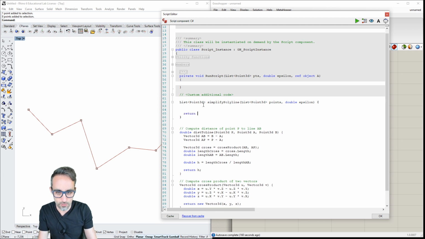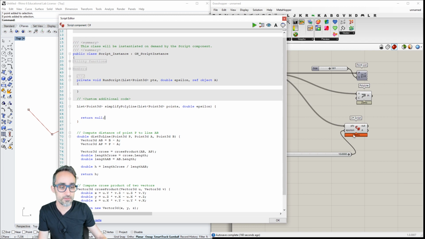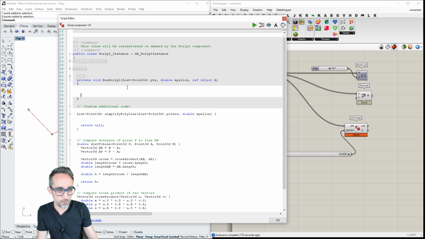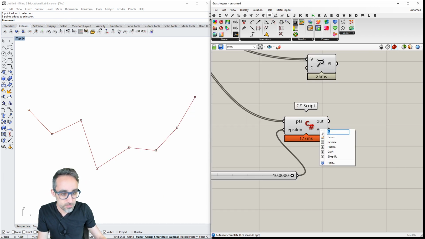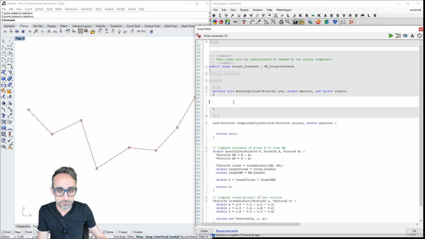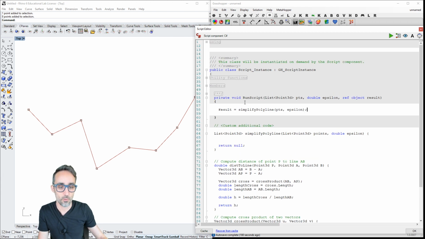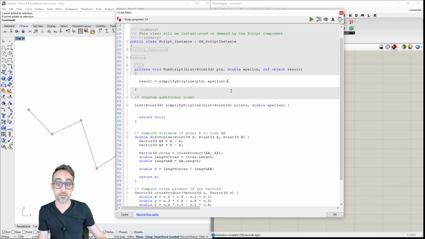And I'm going to start real quick by returning null, so that I can see that if I run this, I don't get any errors. And I'm going to write here very quickly that the result is going to be: simplify all those points in the input using the epsilon value that we have as an input for this Grasshopper component.